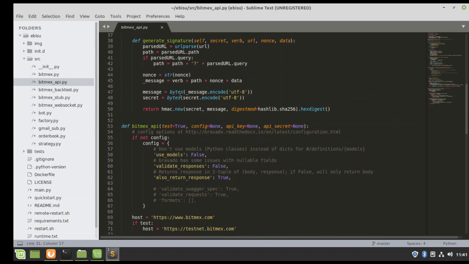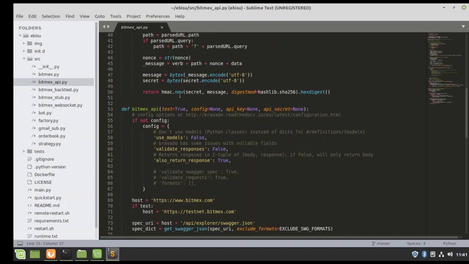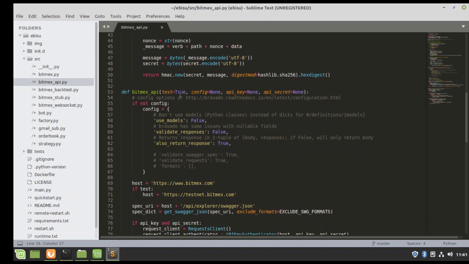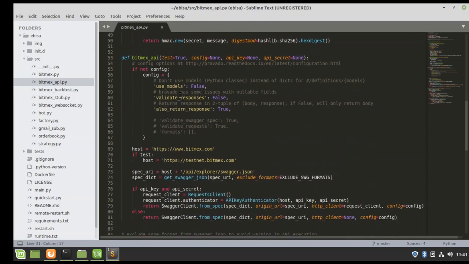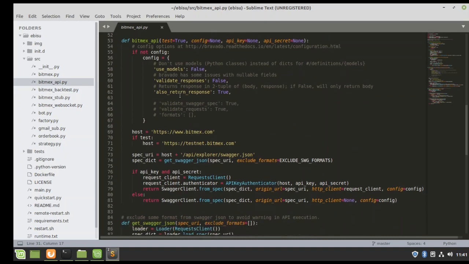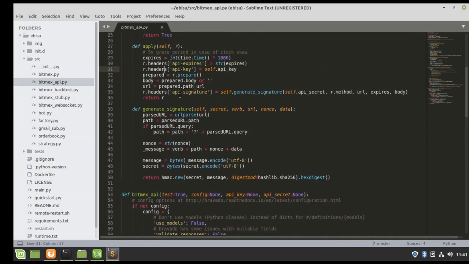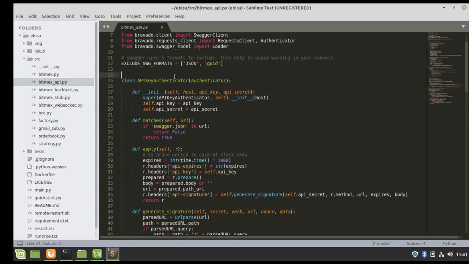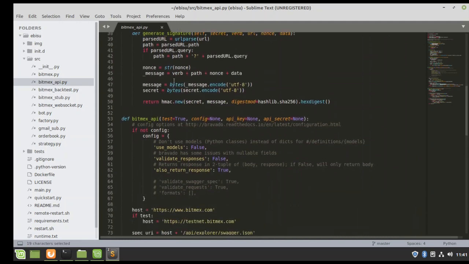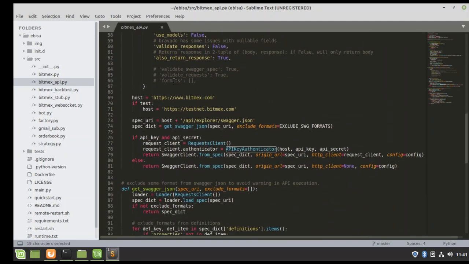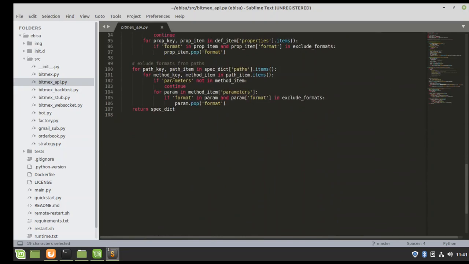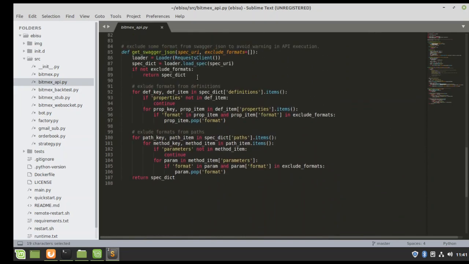So what else do we have? Use models. If not config. If test. So here it's building the API request, requests client. The API key authenticator is one of these guys. It's right here, it's this class. So it goes through all these functions to build our authentication, which we can definitely do on Deribit. So really all we need to do is replace the contents of this file, but then every single request